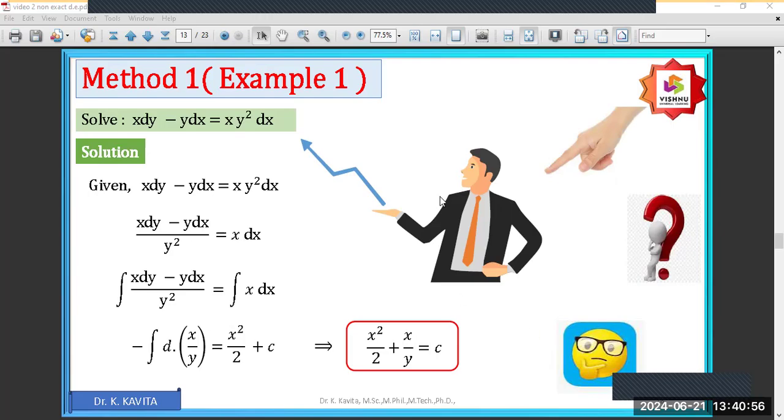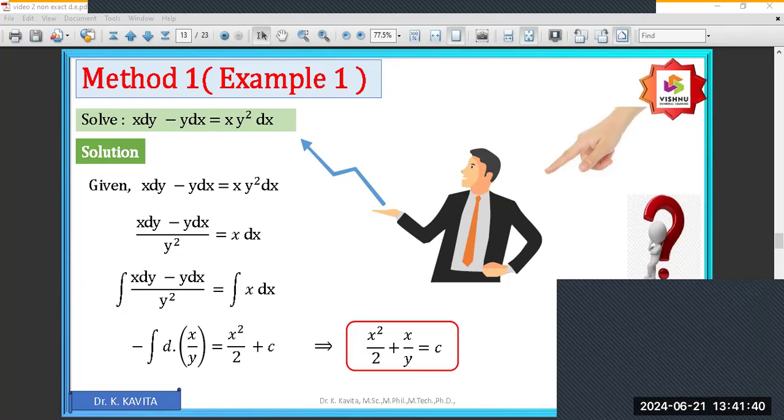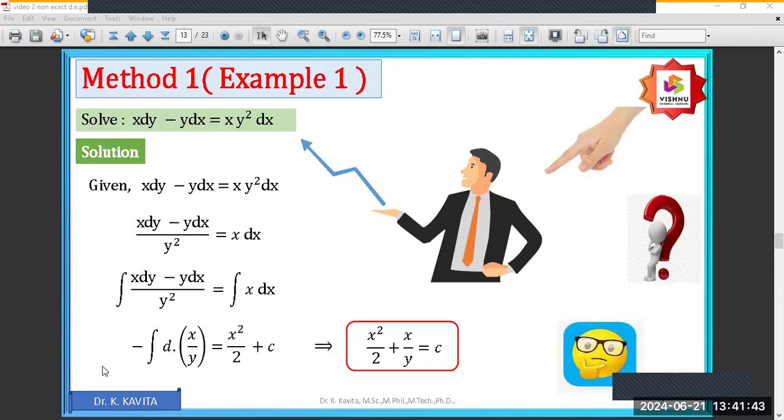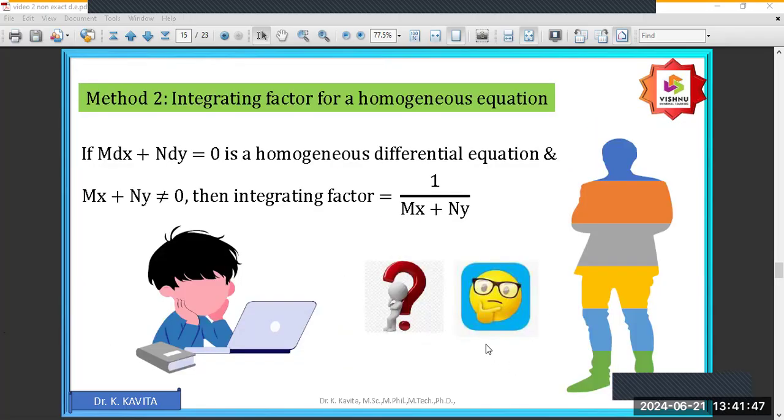Here in the method one example, we solve by the inspection method: x dy - y dx = xy·y² dx. Here you can observe x dy - y dx, which looks like, because a negative will be there according to the formula, y/x or x/y. Observe that in the RHS, y² is there, so we can guess that this is the x/y form. That's why we write x/y. But here dy is there, so we have to change it by putting in the negative and writing the formula d(x/y) equals, and the integration of this, x dx = x²/2 + c. And this is the